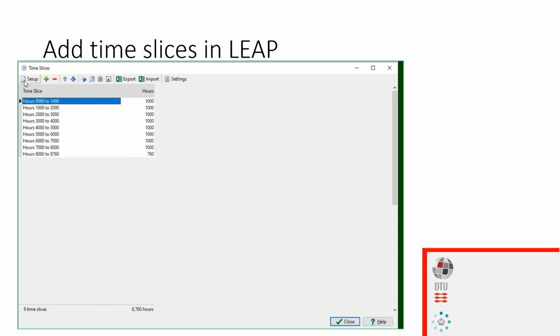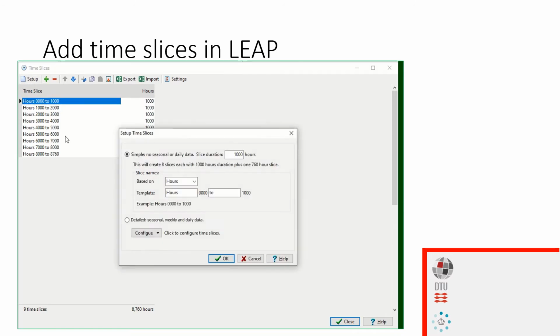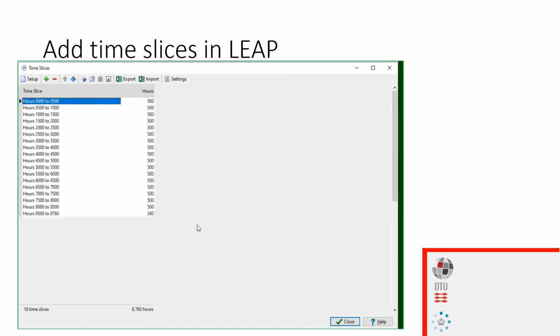So if we go in here to setup, we will actually get quite a lot of help with doing that. Here we can make a simple one. We don't have seasonal daily data, we just have a slice duration for the year. So we can set this to, for instance, 500, and we should double the number of our slices. All right, sure. And now you can see that we have our year divided into 500s, and with the last one being